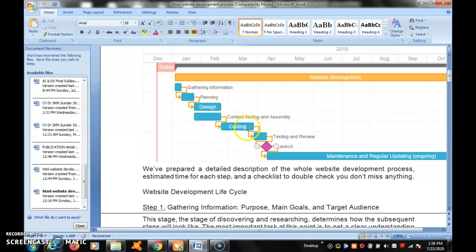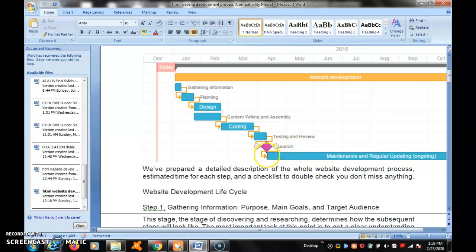And then coding starts at the end of February and runs to the end of March. Then in March, testing and review start. After testing and review, we check whether the code is efficient and has no problem, then launch the website.